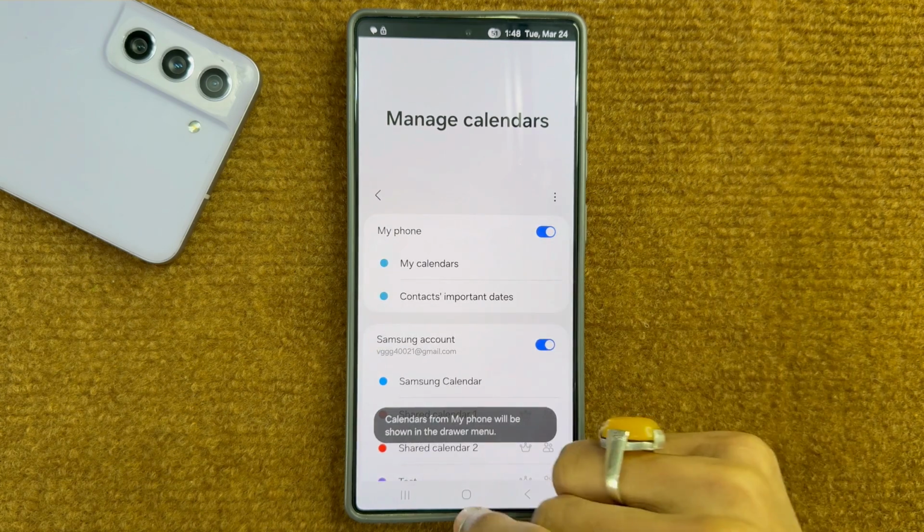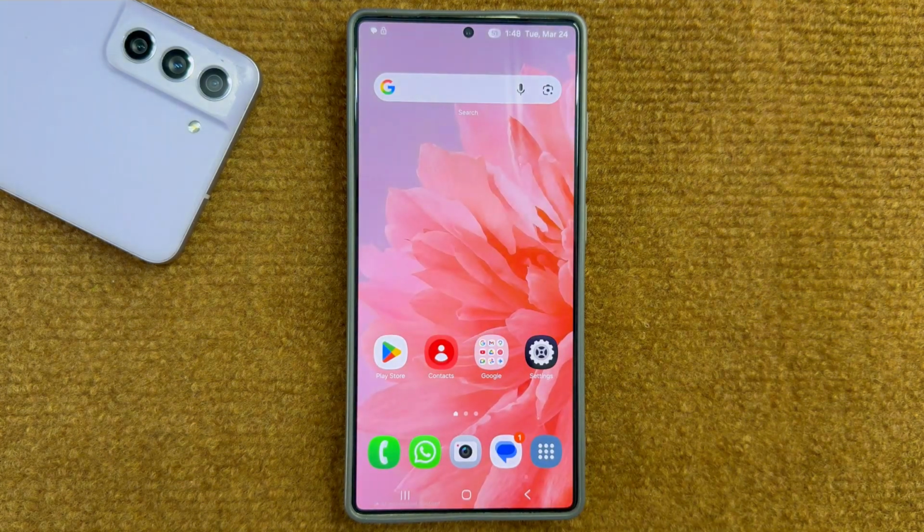After the process, go back to the home screen. So that's how you can show or hide my calendar in the Calendar app on